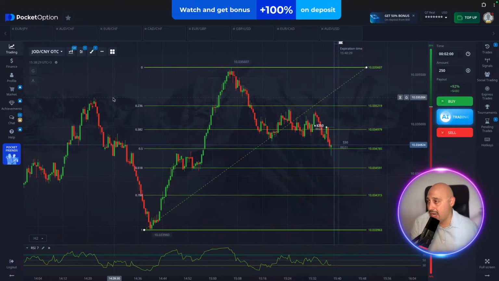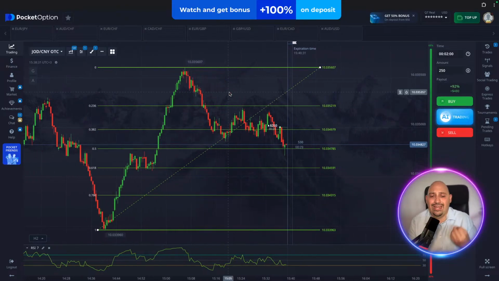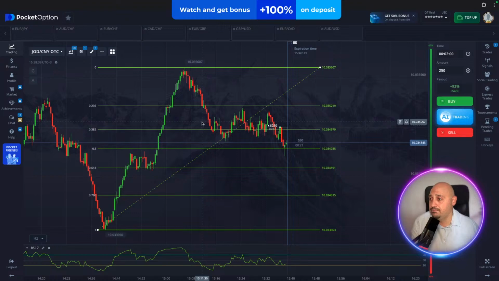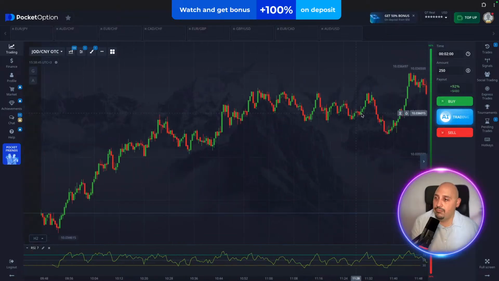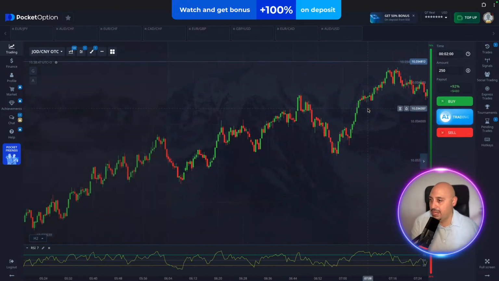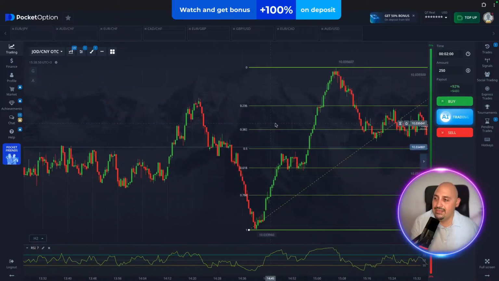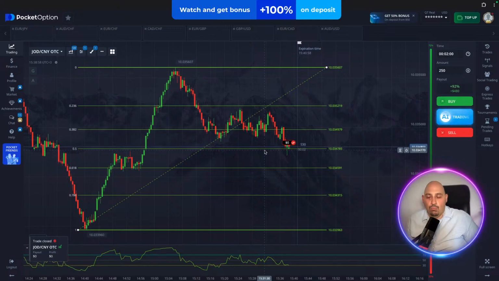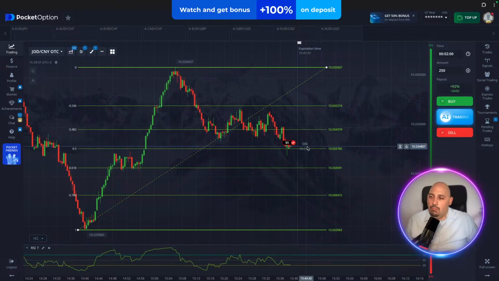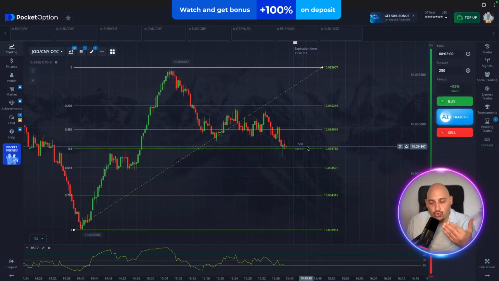We did make a higher high here from here to here, which was an indication for me that perhaps we are going to continue to go to the upside. It is a pullback and we'll continue to go to the upside. But the bigger picture is telling me otherwise. If I zoom out, I see that I'm coming from up to down, and then from here, from down to up. Now, it's very important to understand that I'm trading on very short expiry times. I've said it before, which adds more uncertainty